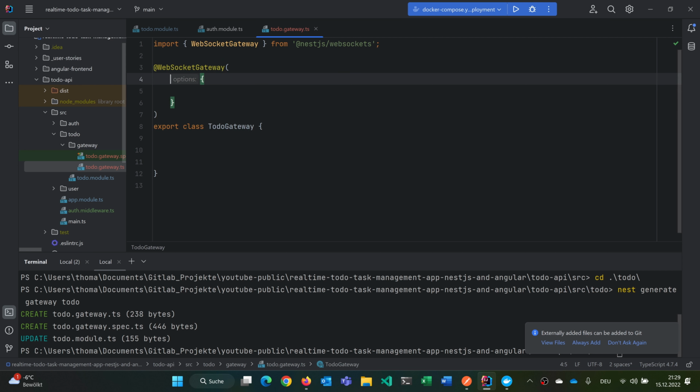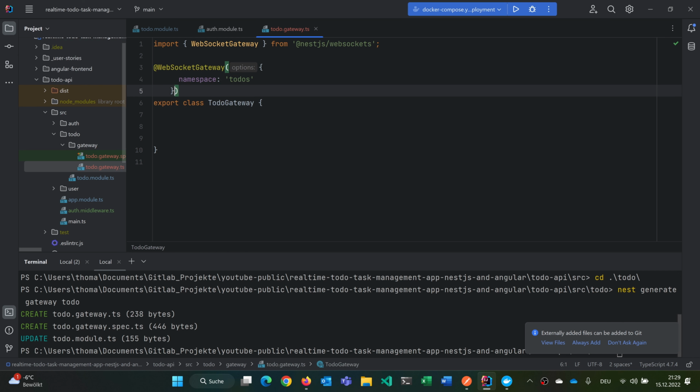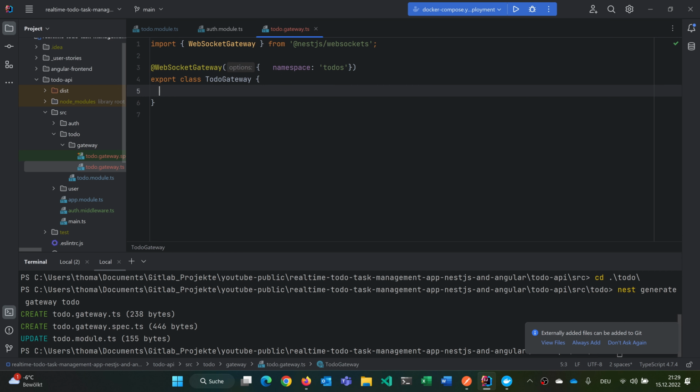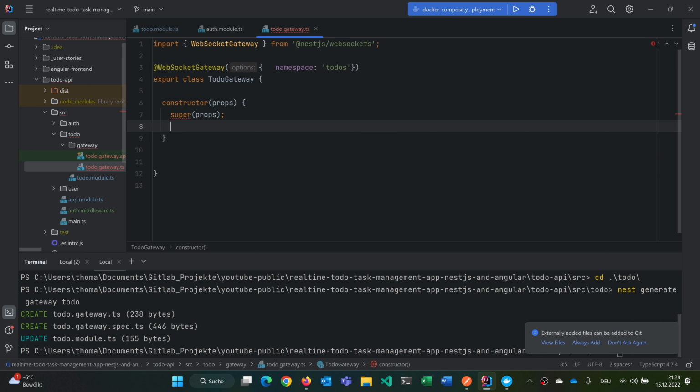For example, why is it not giving me success? So we could give it a namespace like todo, or todos, and then we could, in our constructor, obviously, we will need